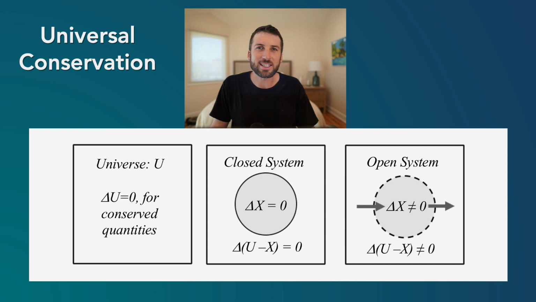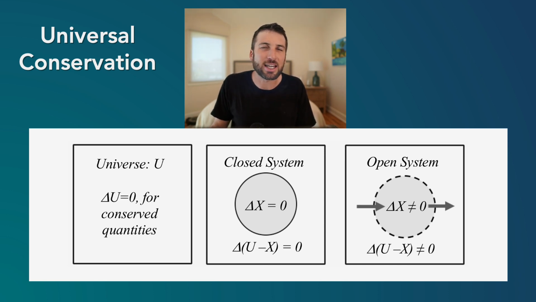So there are some key quantities in physics that are posed to be conserved. Some of these we saw earlier, like the conservation of energy, the conservation of momentum. There's also the conservation of quantum information and lots of other cool things. Now, one way to draw this in physics, for example, is to imagine the universe as this box. And the conserved quantities in this box would remain, the change in these conserved quantities would be equal to 0. Now imagine that there is a closed system and an open system. The closed system has no change over the boundaries, while the open system does have change over the boundaries.